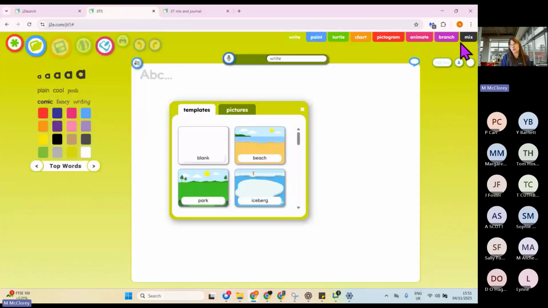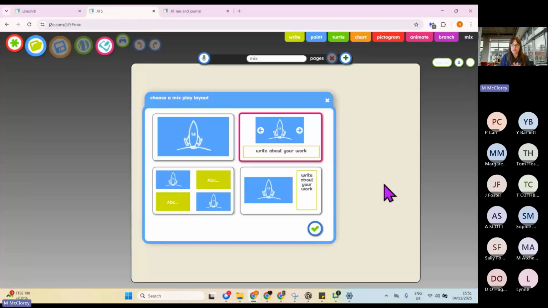So what I'm going to do is I'm going to go up to JITmix. So first of all, we're going to do the version where this will be kind of an activity that the child would do. Okay. Now, what's nice about this is